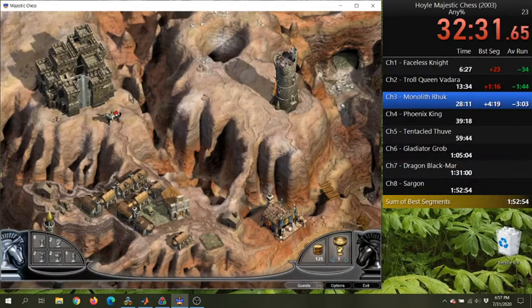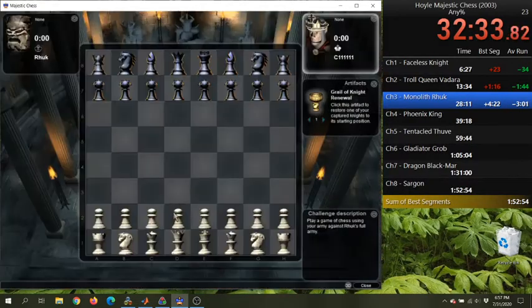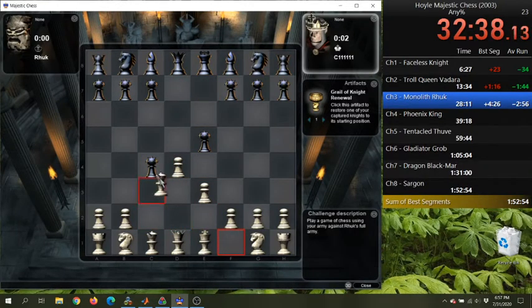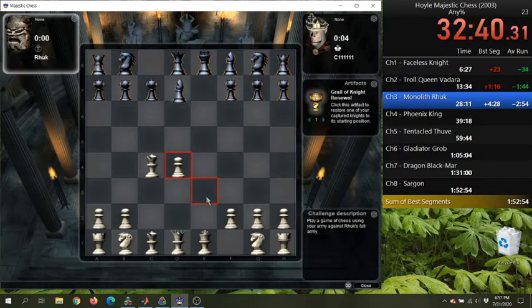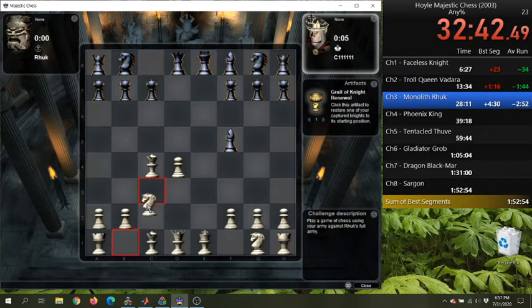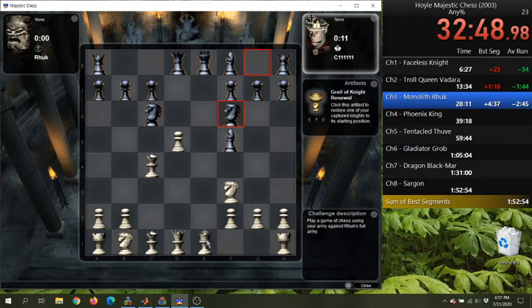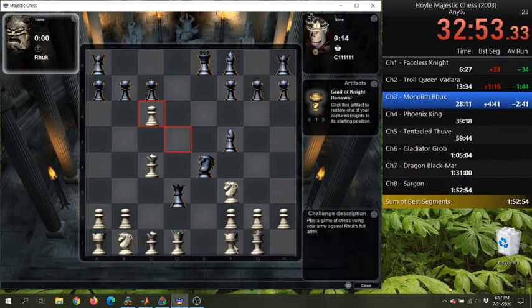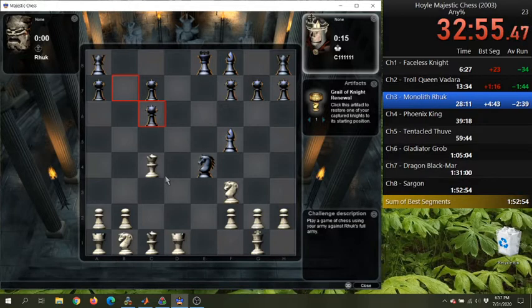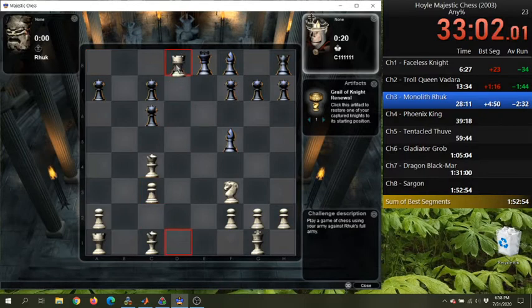Oh, that could have been avoided. Let me treat that. That's unfortunate. I like being able to castle when I can. There's some room. Okay. Suspect a little trade from there.